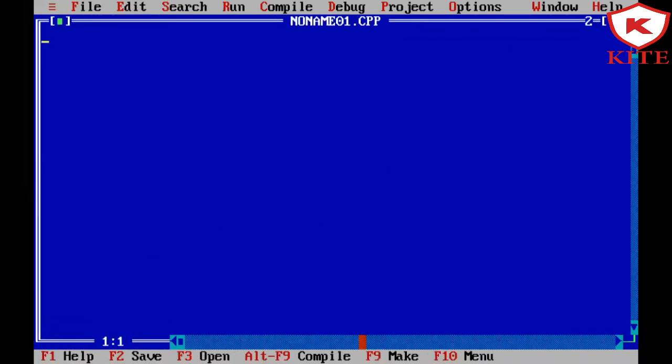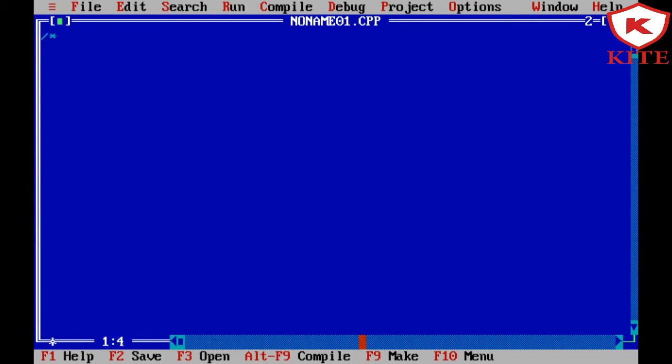Okay. So suppose I want to perform a simple program to print hello. As per the basic structure, the first one is the documentation section. So first I will give a documentation section. It can be given in 2 ways. The first one is a single comment line and the second one is a multiple comment line. A single comment line is given by double slash and a multiple comment line is given by slash and star.